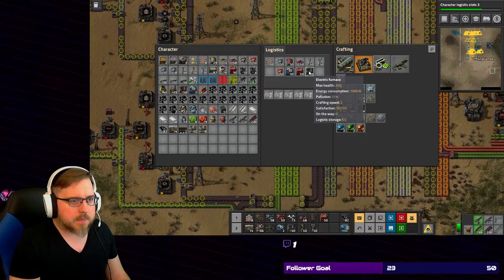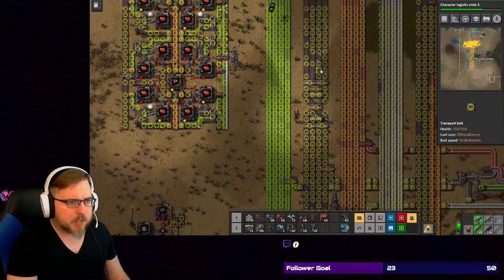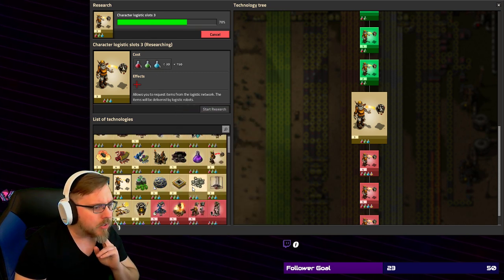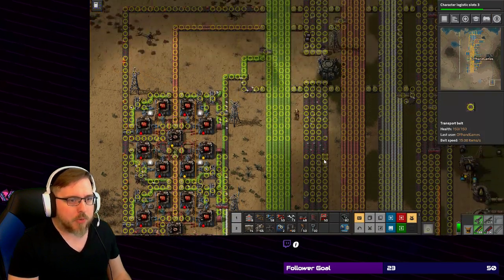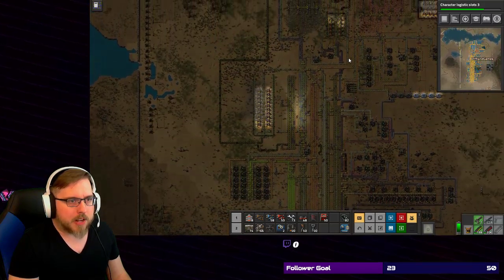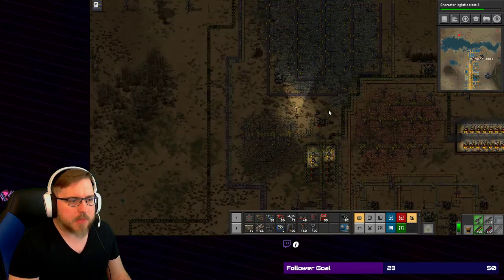Inventory. So the electric furnaces that we installed should be operating, of course, without coal, but not necessarily at a higher efficiency. Right now, technology research-wise, we're researching extra logic slots, but we do have some options for mining productivity. I'm kind of torn because I need more materials, but I also don't want to completely sap the vein of iron that we have here initially